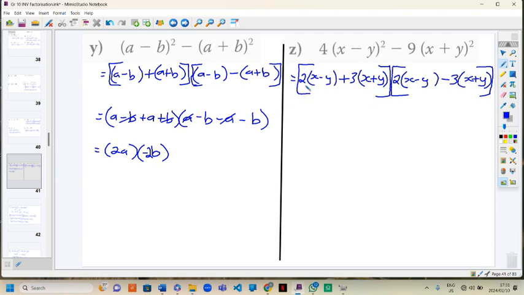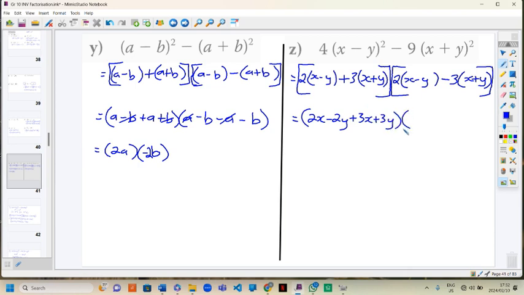Now again, I don't like brackets inside of brackets and things. Okay, so what do I have to do? I'm going to simplify, I'm going to multiply those out. Okay, so what is 2 times x? 2x, 2 times negative y, negative 2y, positive 3 times x, positive 3x, positive 3 times positive y, positive 3y,